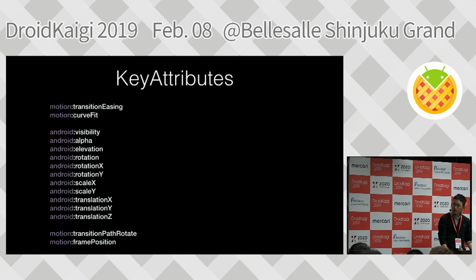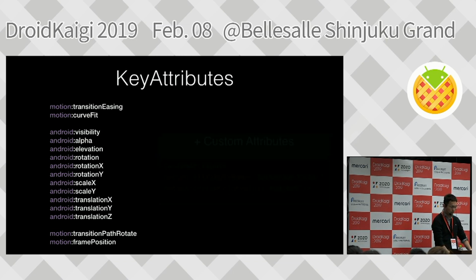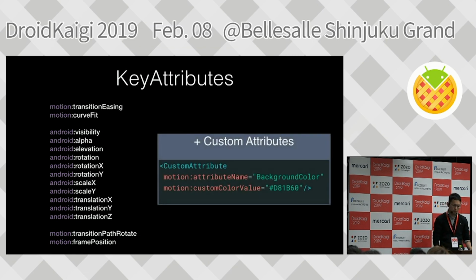So here are the supported attributes by key attributes. Basically, it covers the fundamental view properties and some motion layout specific properties like frame position. In addition, it's also possible to specify any attributes by using custom attributes, like I explained as part of constraint set. Okay, that's it about the basic component. Nicolas will talk about